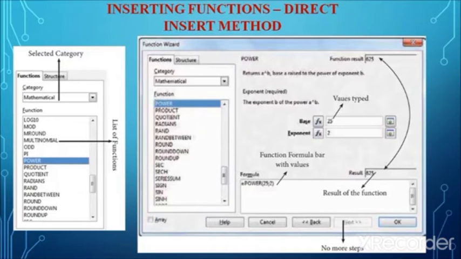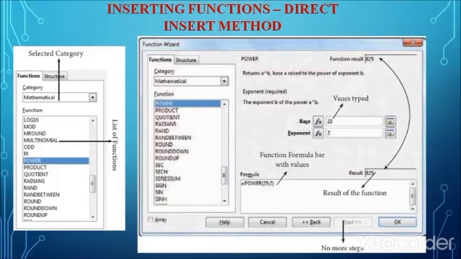So range means A1 to B5, like that. It is a group of cells. Like that we can add a group of cells, two or more groups of cells, or we can even add a single cell. So if the user wants the sum of the values from A1 to A5, we have to place the cell pointer in A6, the next cell, where we want to store the result, and there we have to type the formula.